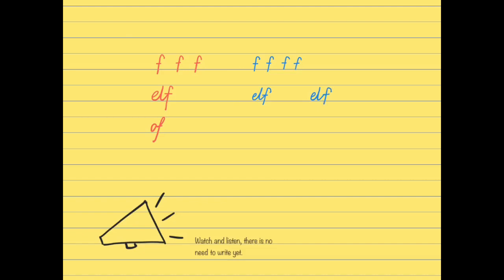Now for some of us you might want something a little more fancy, and that's where you can have a bit of a speed loop. Now there'll be more of these coming definitely in future videos, but this is the part I'm talking about where you add an extra loop to a letter so that you don't have to lift your pen like we did here in elf. So I'm looking at the word of,